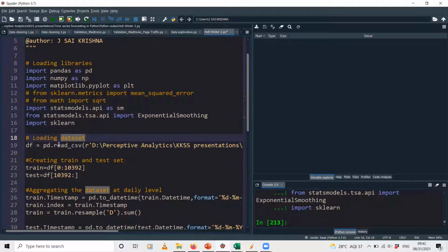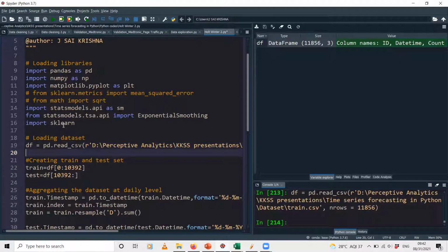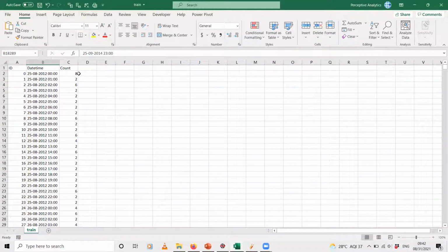And once you have loaded this dataset, now just run this particular line. To run or execute any command, you just place the cursor anywhere in that particular line and press F9, and you will have run that line. So here you can see the proof that your line has executed. Once this command has been run, you can see that we have obtained a new dataset called df. It is of type data frame with 11,086 rows and 3 columns, and it also has column names: id, date, time, and count, which is the same as what we saw in this particular Excel file over here: id, date, time, and count.